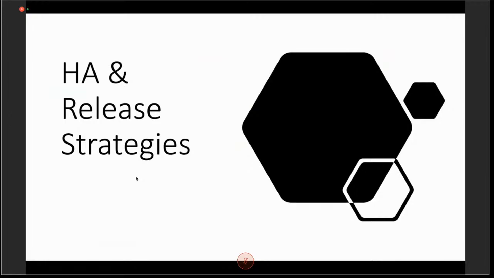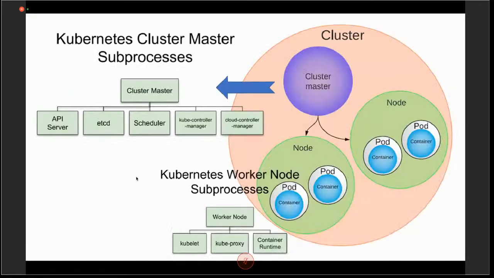We all talked and saw right now that we have a node, and on a particular node, we have got a pod, and in the pod, we have got a container. So there is a very popular understanding that a pod is equal to a container, but I always say that a pod can be more than one container.